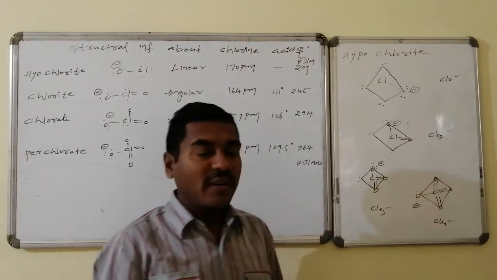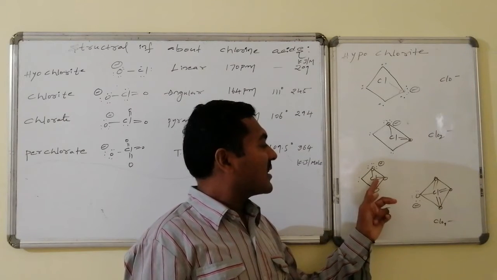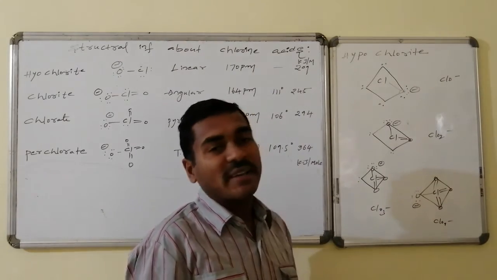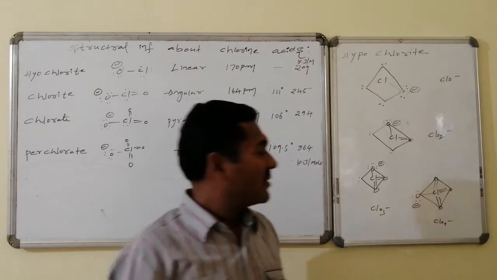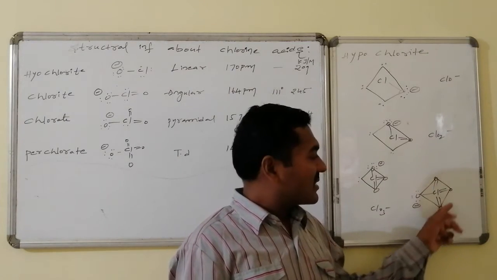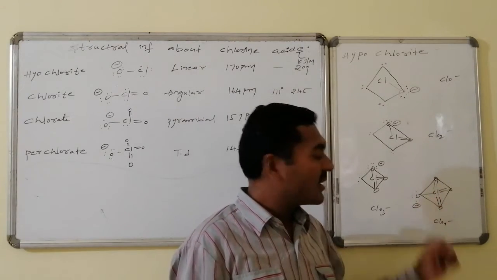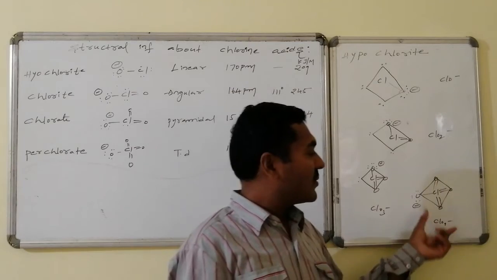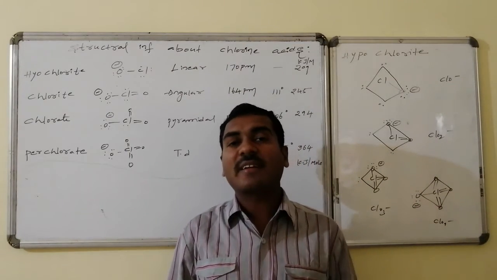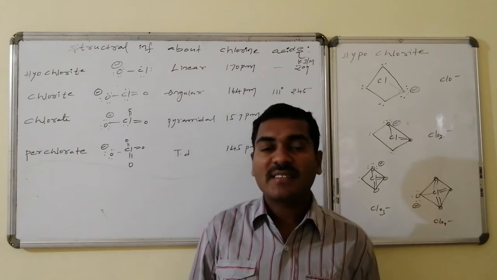Whereas the next one, chlorate ion, chlorine with one lone pair followed by two ClO double bonds, and another one is a ClO single bond. This is ClO3 minus, that is said to be what? Chlorate ion. And perchlorate, it is ClO4 minus, Cl connected with three oxygens with double bonds, and Cl connected with an oxygen with a single bond. It is not having any lone pairs, and all 4 of ClO4 participate in bond formation, hence it is regular tetrahedral, and the bond angle is found to be 109.5 degrees.